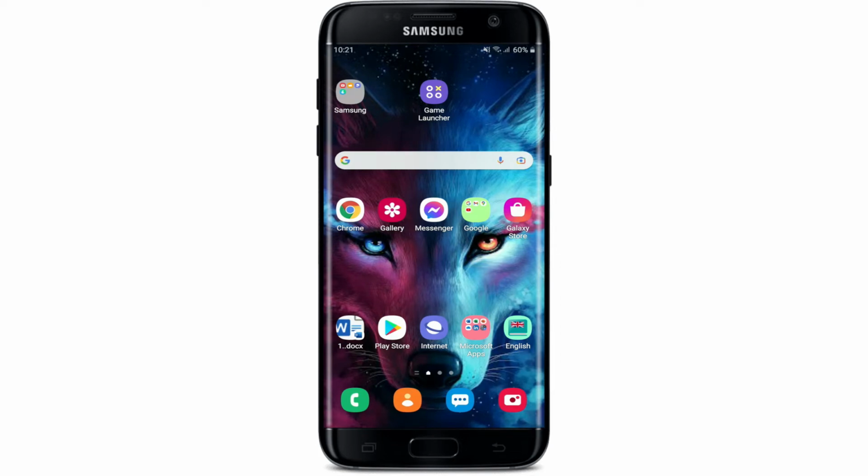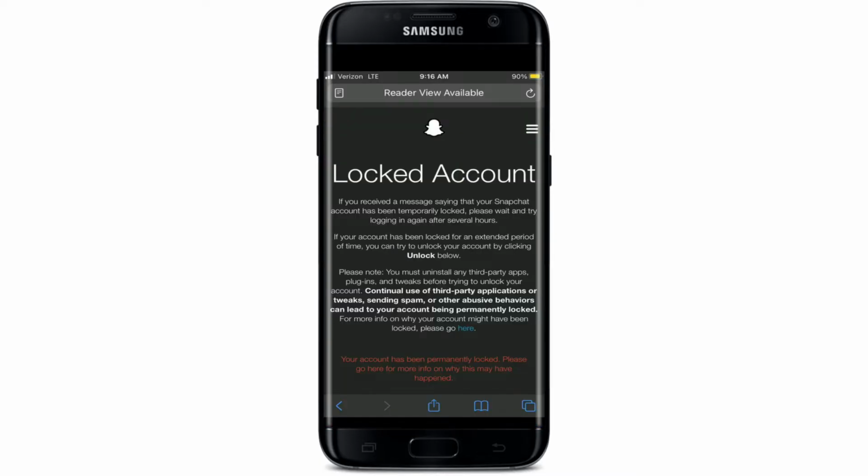In today's video, I'm going to show you how to fix a locked Snapchat account. If you ever receive a message saying that your Snapchat account has been locked, then simply keep watching the video